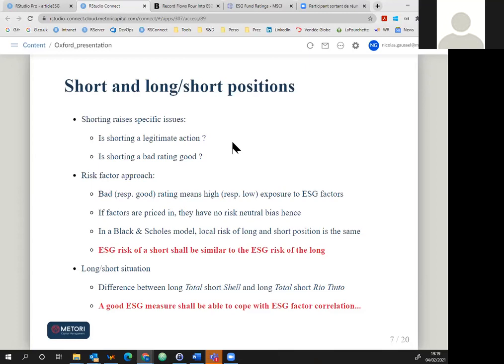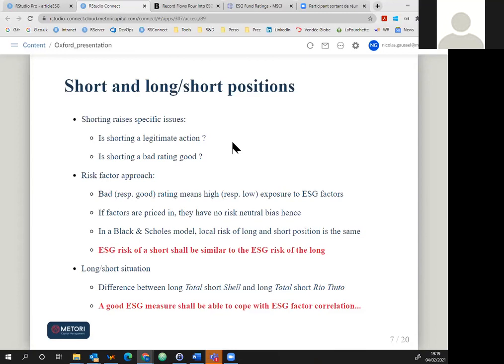So the implication is that if ESG factors are factors like others, they should be somehow priced in. And then the exposure on those factors should not be biased in a risk neutral approximation. And even in a very simple model, the risk and the exposure on a price factor should be